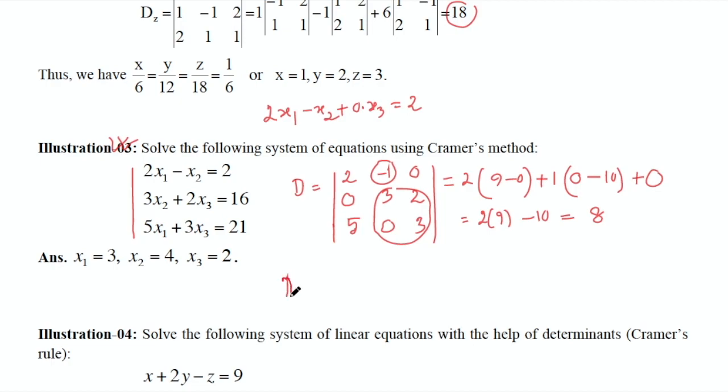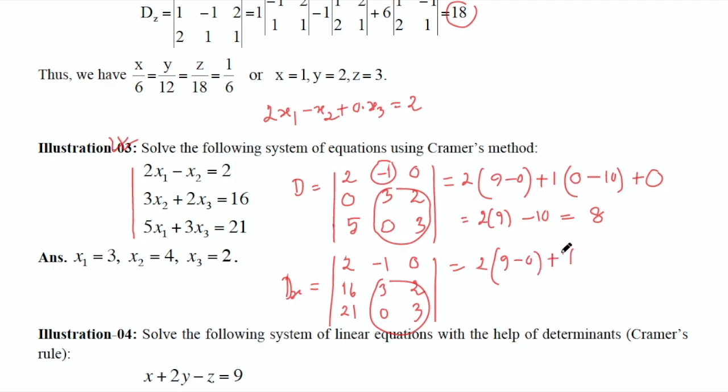Now let us calculate dx. The first column will be replaced by the right hand side, which is 2, 16, 21, and the second column will be the same, minus 1, 3, 0. The third column will be exactly the same, 0, 2 and 3, and this equals 2 into 9 minus 0 like before. This is the submatrix, this one,